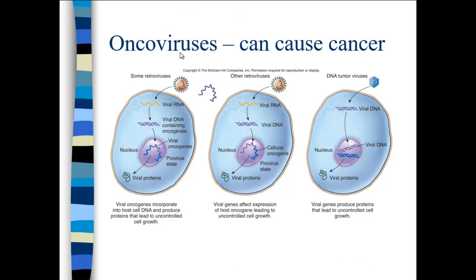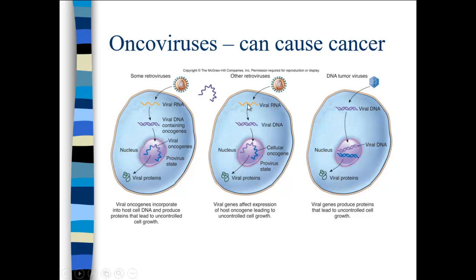Some viruses can cause cancer. This is primarily retroviruses. You also have what are called DNA tumor viruses. In the first slide, you've got a retrovirus that's enveloped with a membrane. The RNA is released. This creates viral DNA that contains oncogenes. The viral oncogenes then integrate into the genome. And then the viral proteins are oncogenic. The viral proteins will do things like eliminate tumor suppression genes or stimulate other oncogenes and cause the cell to divide and